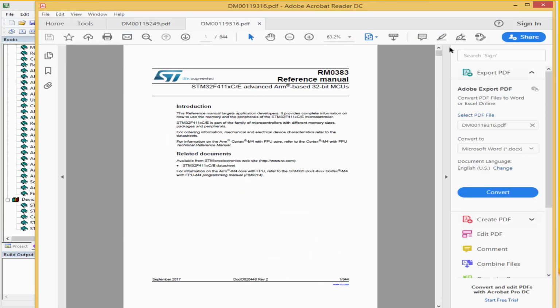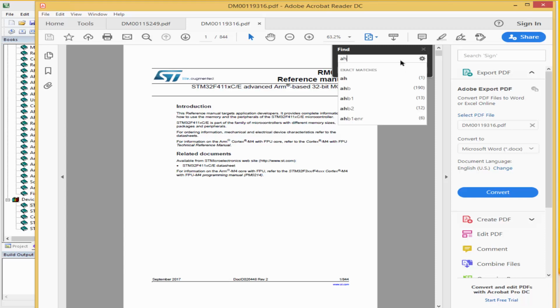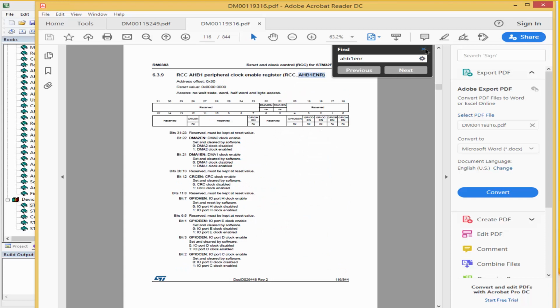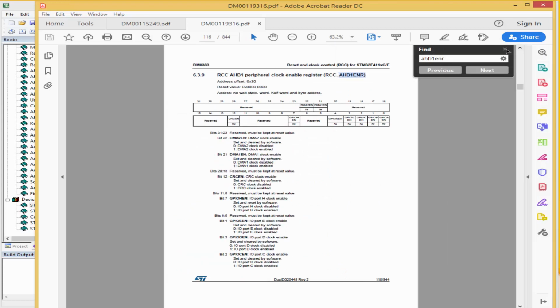So we said we have to enable clock access, and what we need in order to be able to do that is the AHB1 enable register. As we saw in the datasheet, our GPIO A is connected to AHB1. So we need to access the AHB1 enable register. You can search by doing Control F and then search AHB1 ENR, and then it will bring us here. You can just click to jump, and as you can see, the full name of the register is